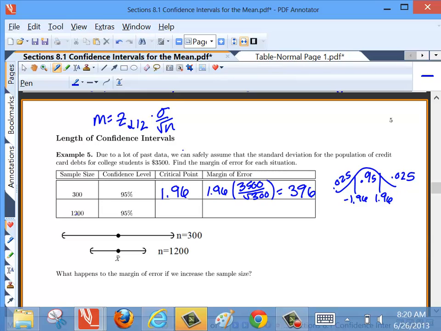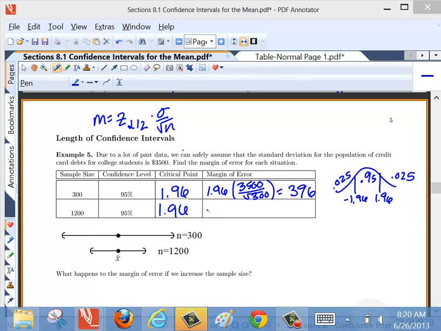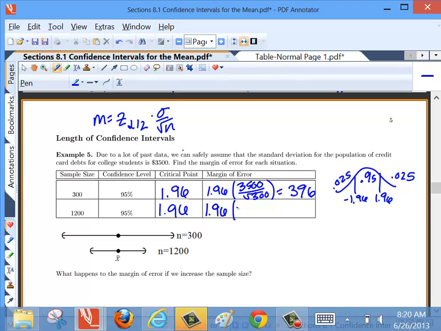Now let's change our sample size. Now I want to do a sample size of 1,200. I keep my confidence level at 95%, so my critical point is still 1.96. So 1.96 times 3,500 over the square root of 1,200 gives me 198. So what happened to my margin of error when I kept everything else the same and only changed my sample size? My margin of error went from 396 to